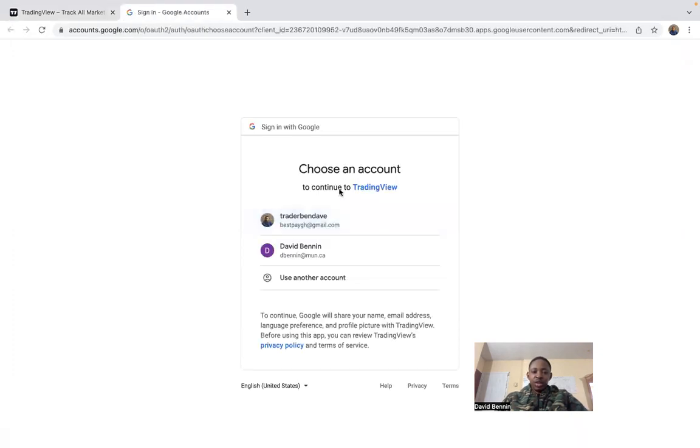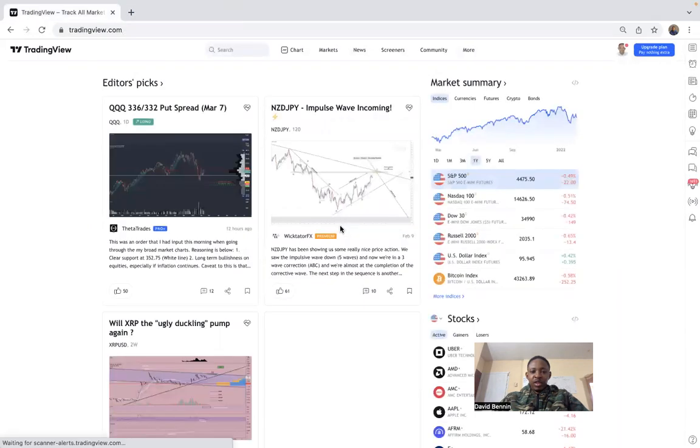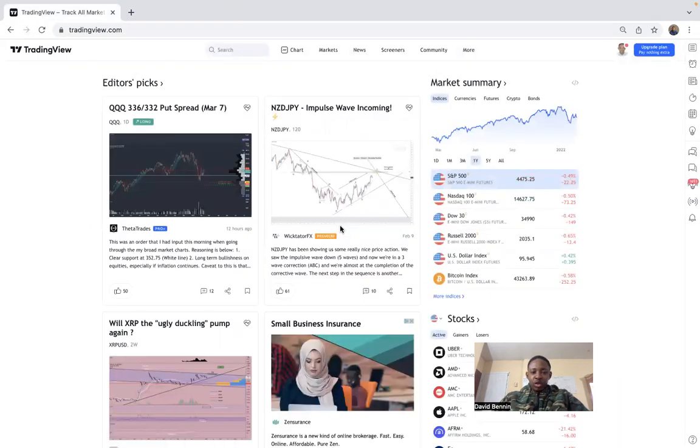But if you have a Gmail, you just click on Gmail, and if you have your Gmail account already saved on your machine, it will ask you to choose which one if it's more than one. And if it's just one, you select that one. But if you don't have it saved on your machine, it will ask you for it. Because I'm already signed in, that's why it takes me directly here. But if you are not signed in, it will take you to a page where it will ask you to select a username you want to use, and then when you click, it will take you to this